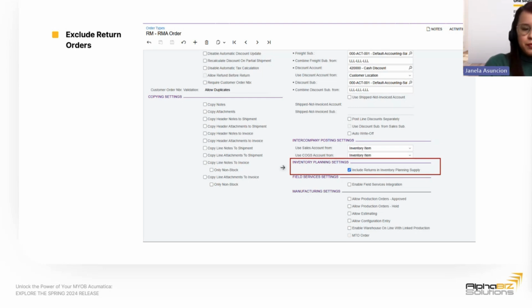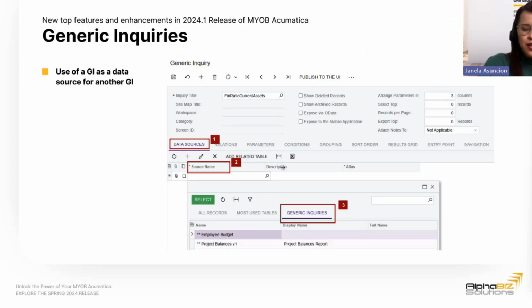All right. So this next feature that I will be discussing is one of the exciting parts of this coming upgrade. I personally would like generic inquiries within my Acumatica, and having this additional feature is very helpful, especially if you have a series of reports that you want to get out of it.